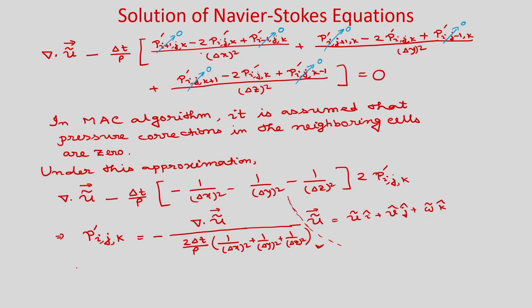So, once you find p prime, then obviously you can correct it. You can correct p n plus 1 i j k as p i j k at nth level plus p prime i j k. If you solve this, then you will be able to find the values for the velocity u i j k n plus 1. Once you know the pressure correction value, then you can find it from the provisional velocity,